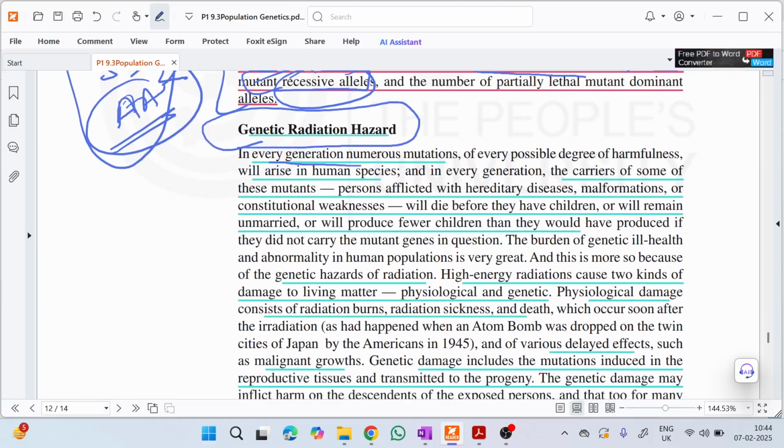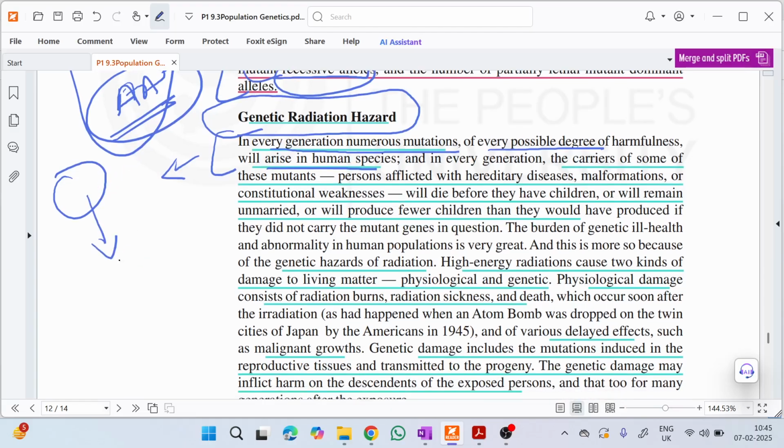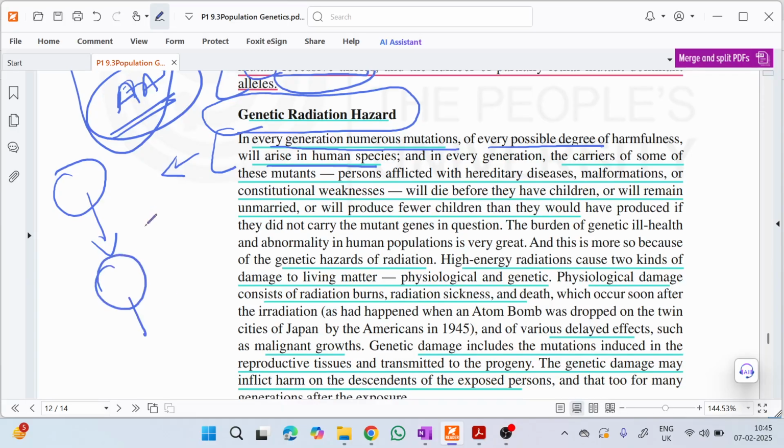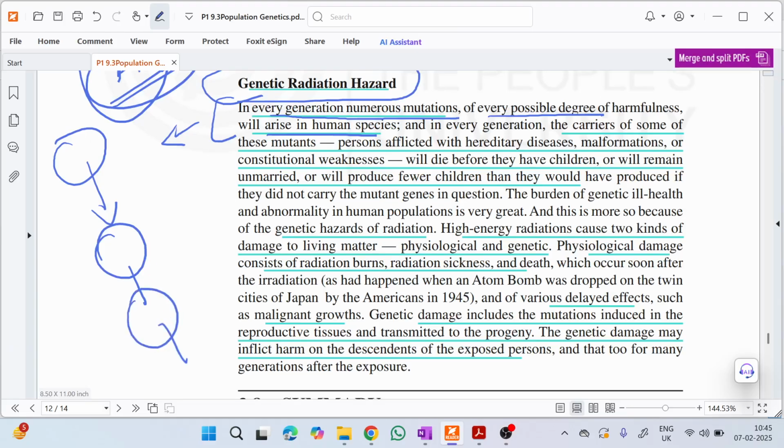So in every generation, numerous mutations of every possible degree of harmfulness will arise in the human population. और उसके causes बहुत सारे हैं, है ना? Some of the causes may be traced to the ancestral line. कोई पुराना ही आपके ग्रेट ग्रैंडफादर, ग्रेट ग्रैंड पेरेंट्स से कोई कोई mutation है that has been, you